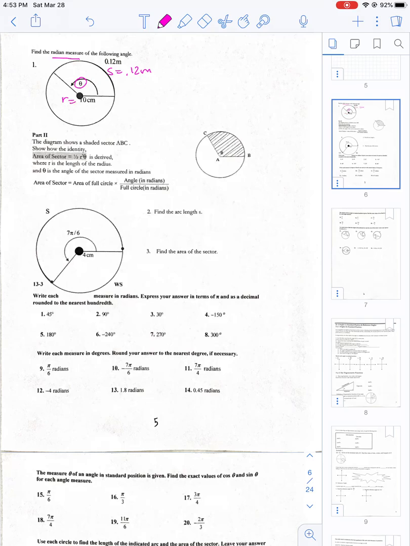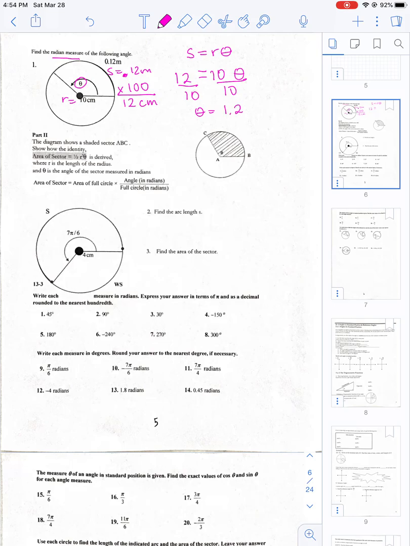centimeters. So you should have noticed that one of them is in meters, the other one's in centimeters. We always want to make sure we're in the same units of measure. So what I'm going to do is times 0.12 by 100, convert that to centimeters, and get that the arc length is 12 centimeters. So the formula from the previous video for arc length was S equals R theta. If I plug in S as 12, R as 10, and solve for theta, I get that theta is equal